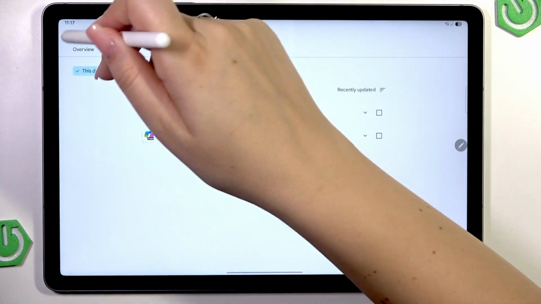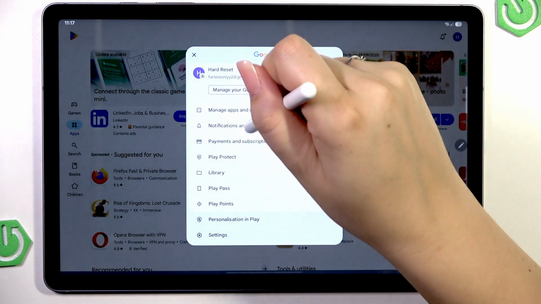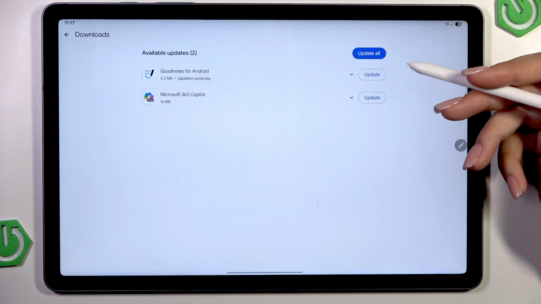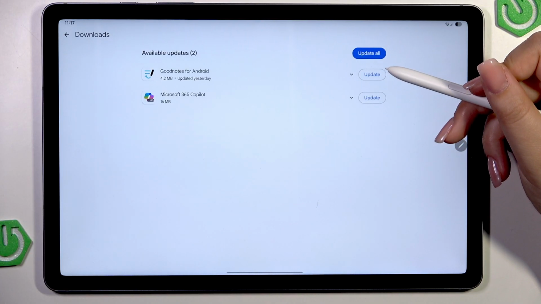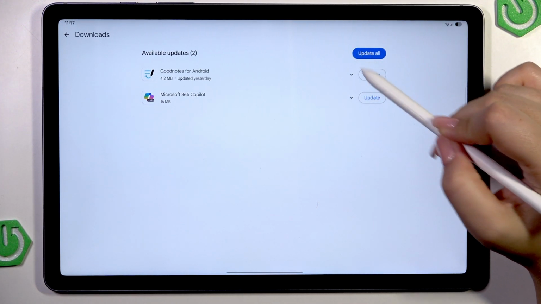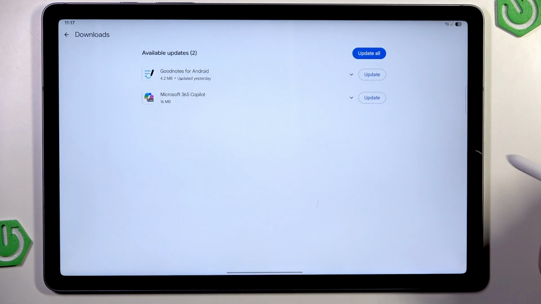And in this section right here, we can do it manually, but one by one. So we have to tap on Update. So it's obviously up to you. However, here we've got this option Update All, and we do not have to mark them manually. So as you can see, both sections have their drawbacks